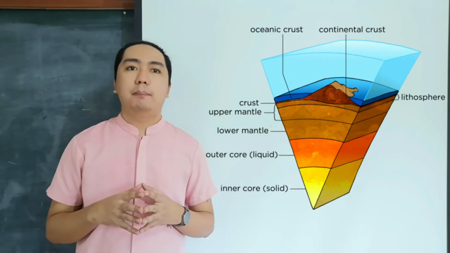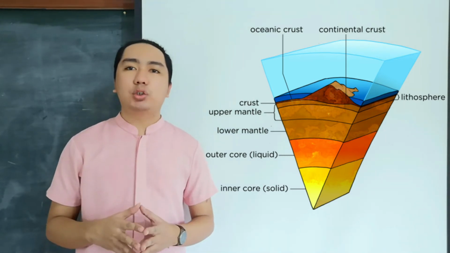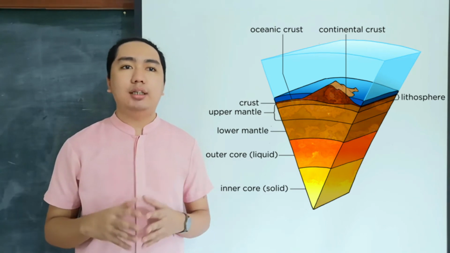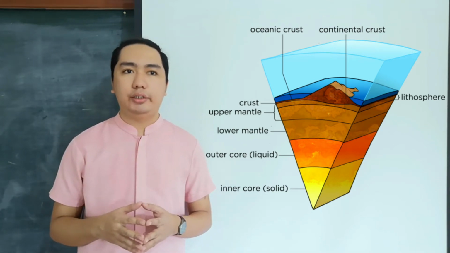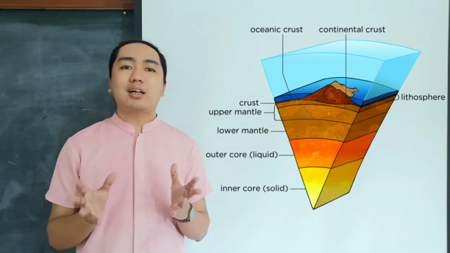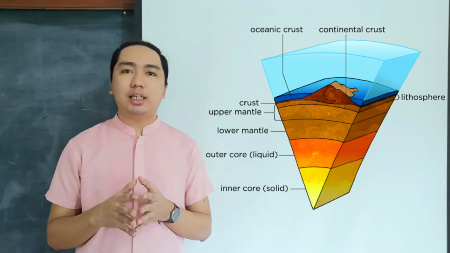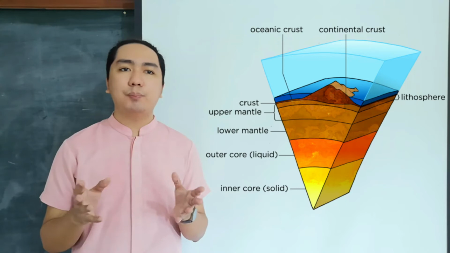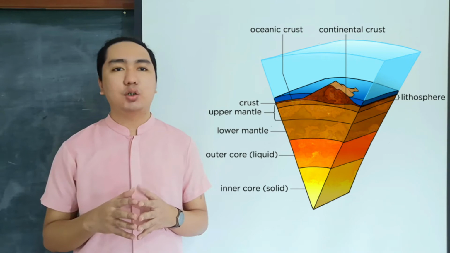Recall what you have learned in Grade 8 about the layers of the Earth. These are the crust, mantle, outer core, and inner core. The crust is the outer and thinnest layer, which you can liken to an eggshell in terms of thickness relative to the other layers. Its surface is covered with soil and water. The crust is of two types, the continental and oceanic. The continental crust, which is thicker, is composed of low-density rocks, while the oceanic crust, which is thinner, consists of